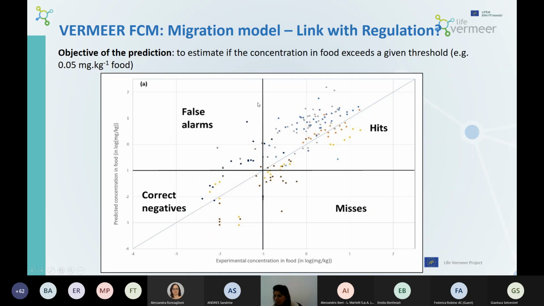Now, of course, what's very important if we want to use a migration model within a regulatory context is that we also ensure that we are not underestimating the migration. Therefore, an exercise was performed where we looked, when we have a certain threshold and apply our migration model, whether we would have some misses, where we would under-predict the migration, and